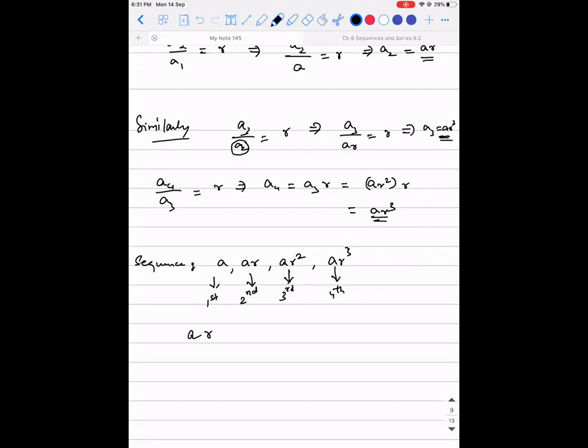A multiplied by R power 0. I can get a 0 by 1 minus 1, 2 minus 2, 3 minus 3. I can do it in any way, right? You're going to get 0. But what I'm supposed to write in the numerator, I'll get the idea from the next term.